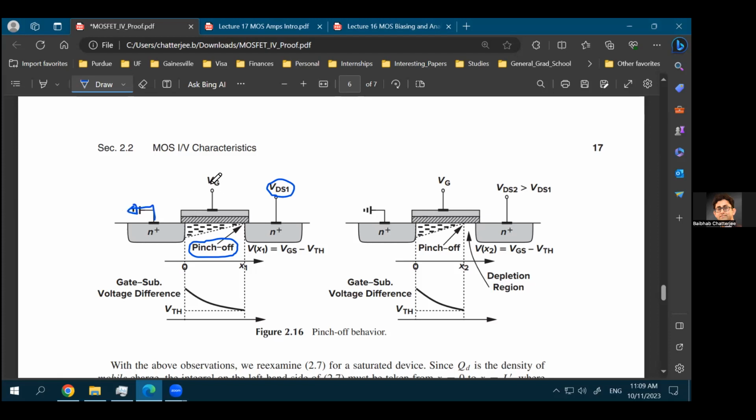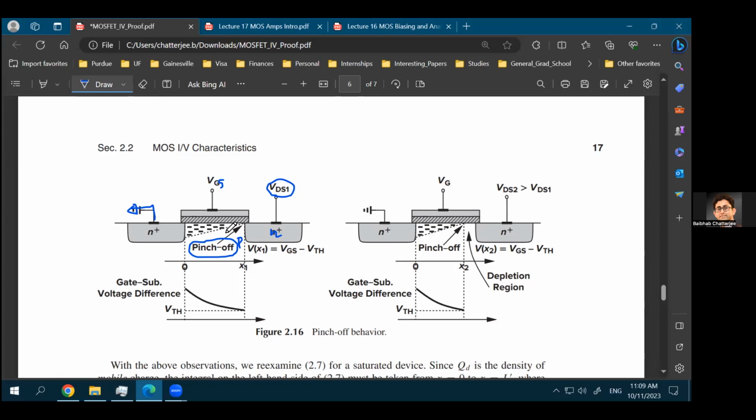So whatever gate voltage you're applying is VGS, and whenever you're applying a drain voltage, you're applying VDS. As you are applying a drain to source voltage VDS, remember that this is an N-type region, an N-type semiconductor, and the channel region is P-type. So as you are applying more and more drain to source voltage, you're making this PN junction more and more